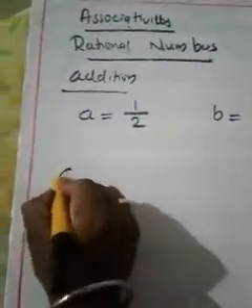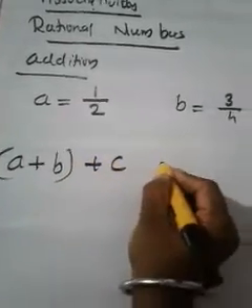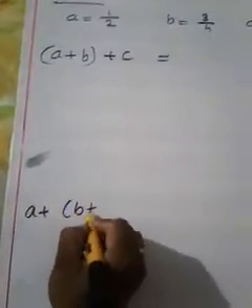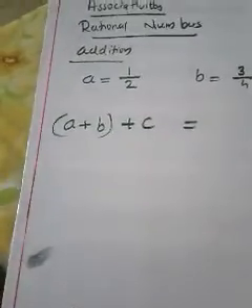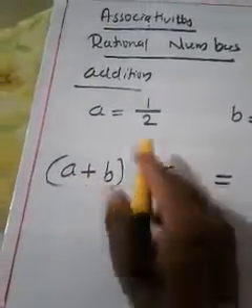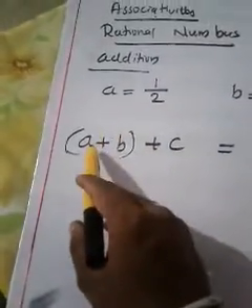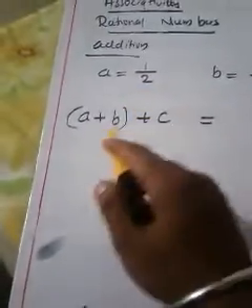So as I said, in associative property, we need three numbers. And then I need (A plus B) plus C, and the next thing I need is A plus (B plus C). This is the case of associativity. Why did this plus come? Because it is under addition. If it is under subtraction, the plus sign will be changed into minus sign. If it is under multiplication, instead of plus we will give multiplication.